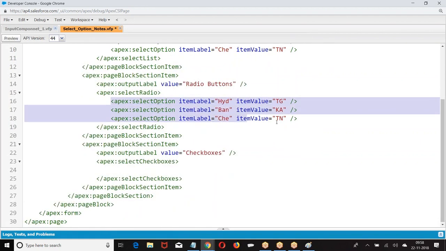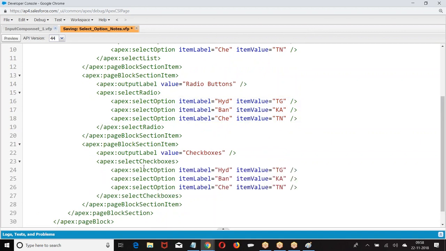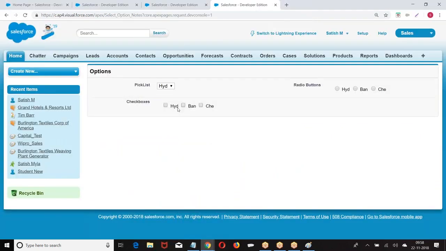Same set of three options I am giving. Instead of select list or select radio, select checkbox. You are getting select checkbox.